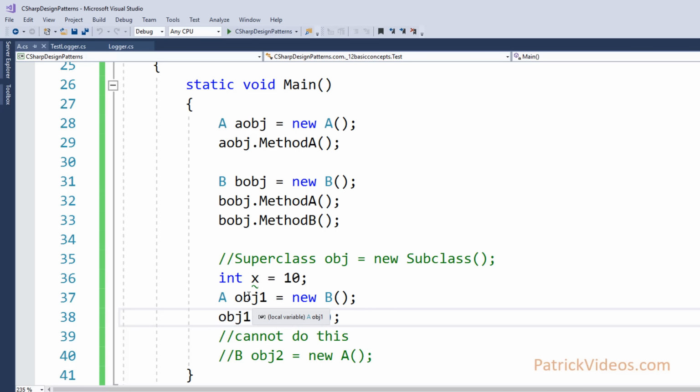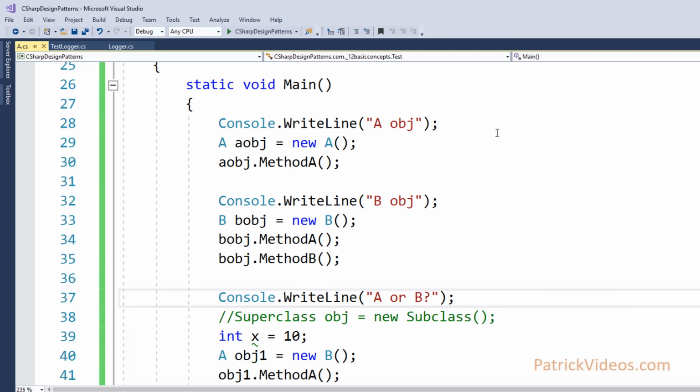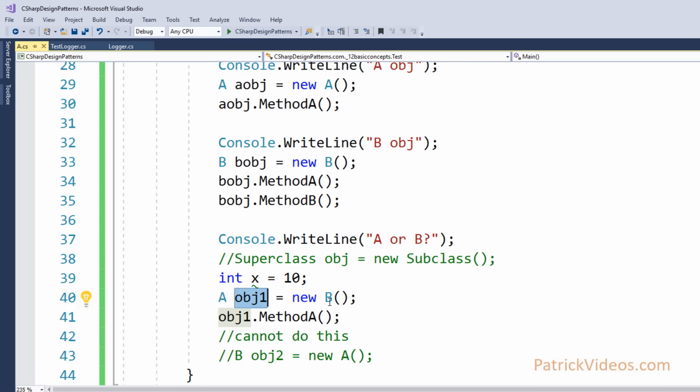Now to prove that this is a B object, I have some print statements to differentiate the various printouts. This will print out A object methods, B object methods, and A or B. We are trying to figure out if this is an A object or B object. So I am claiming that this is a B object, and I want to prove that this is an object